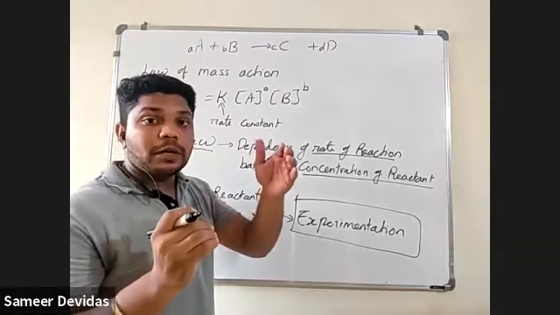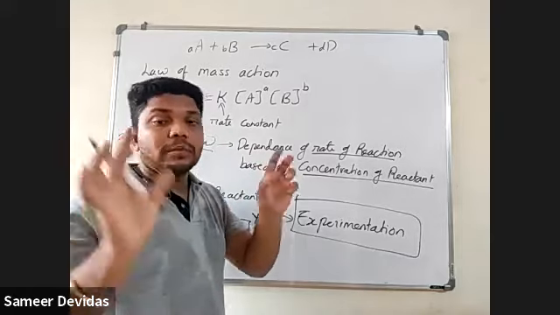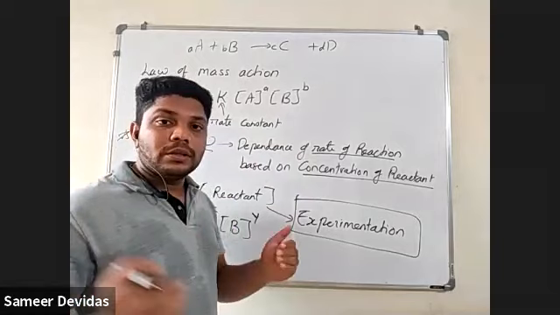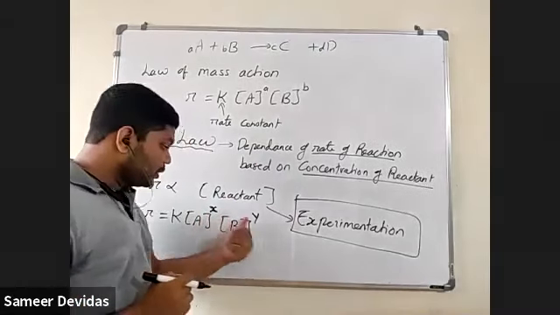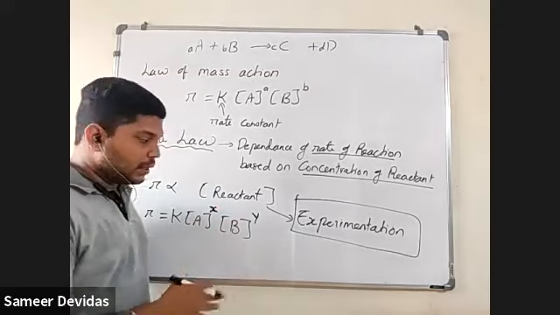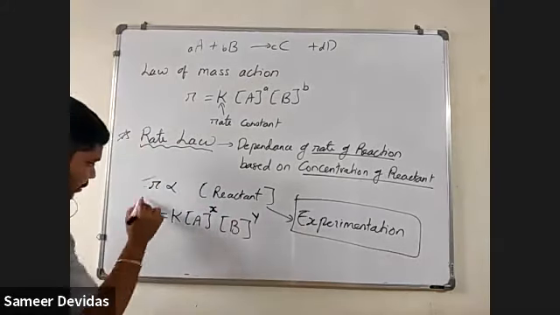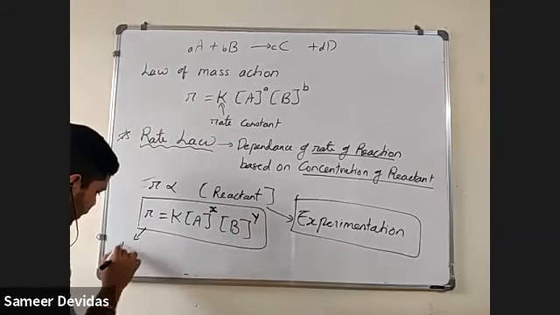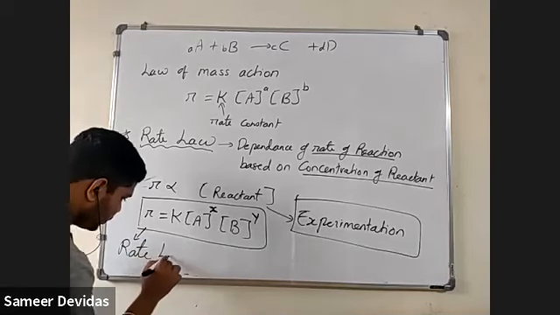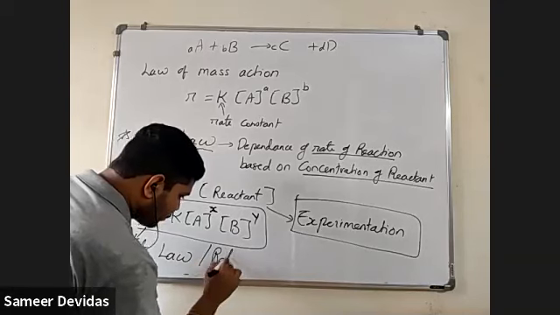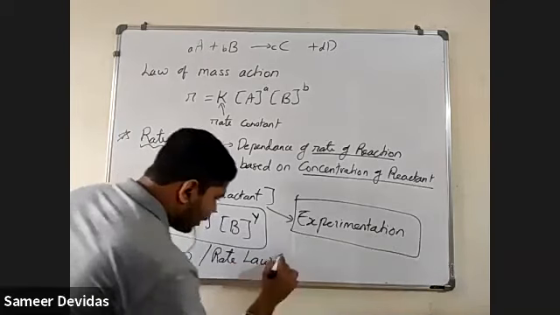To write this X and Y, after doing the experiment, they should give you some information, and by using that information you are going to fill those positions, X and Y. Now how that is done, we will see. So this particular equation is called the rate law. Remember this, students. Or it is also called the rate law expression.